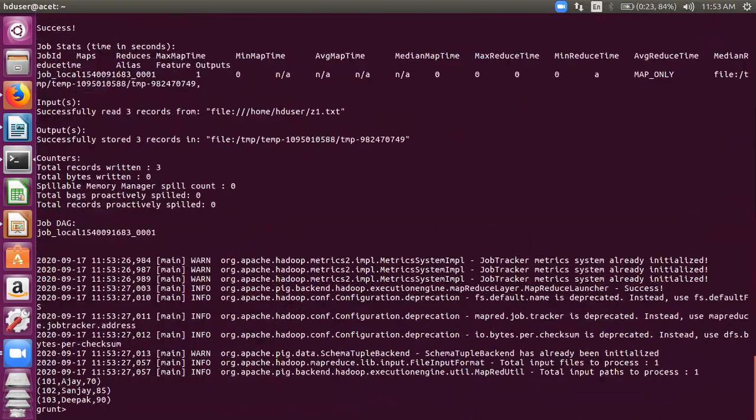These are the MapReduce jobs that are going on. Even if there are thousands of records, Mani, this will give the results in under 1 minute. Even if there are millions of records, in 1 minute it will give you the desired output.